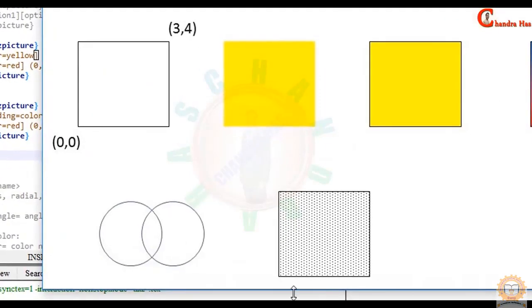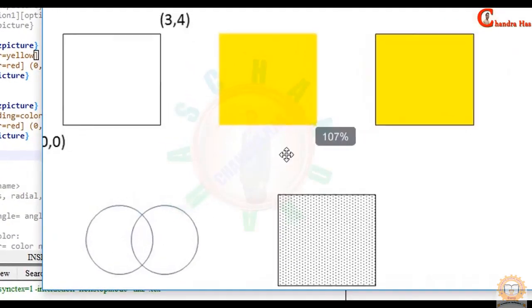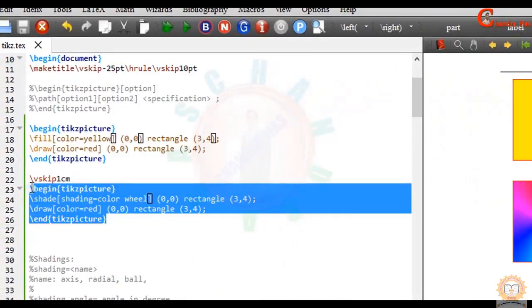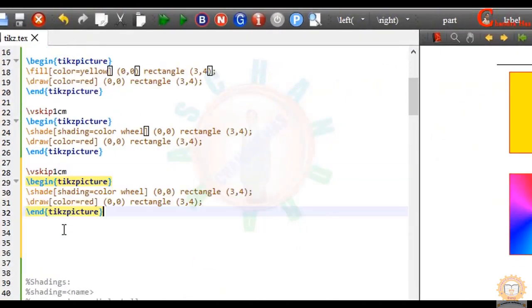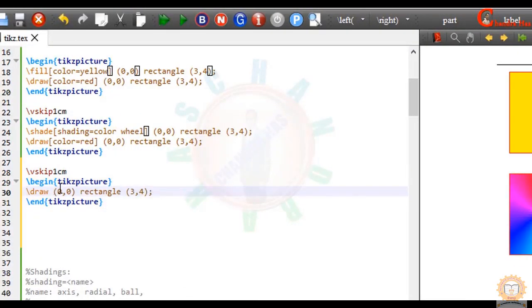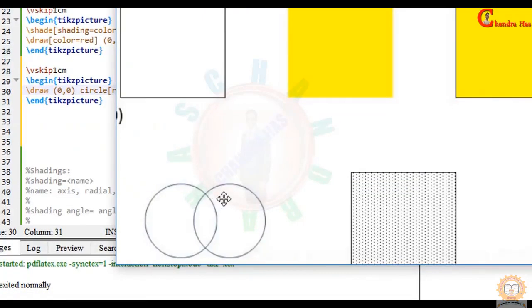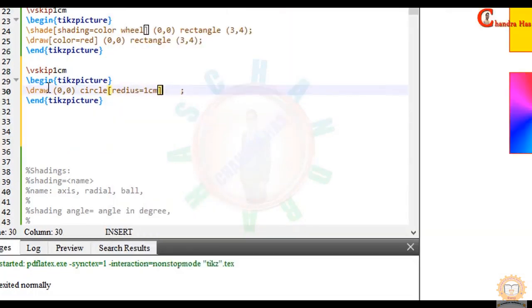Now in the next example I want to draw these two circles. So I'll copy this, paste here. At this place just write circle and in a square bracket just write radius. Here one more circle I want to use. So copy this and paste here.